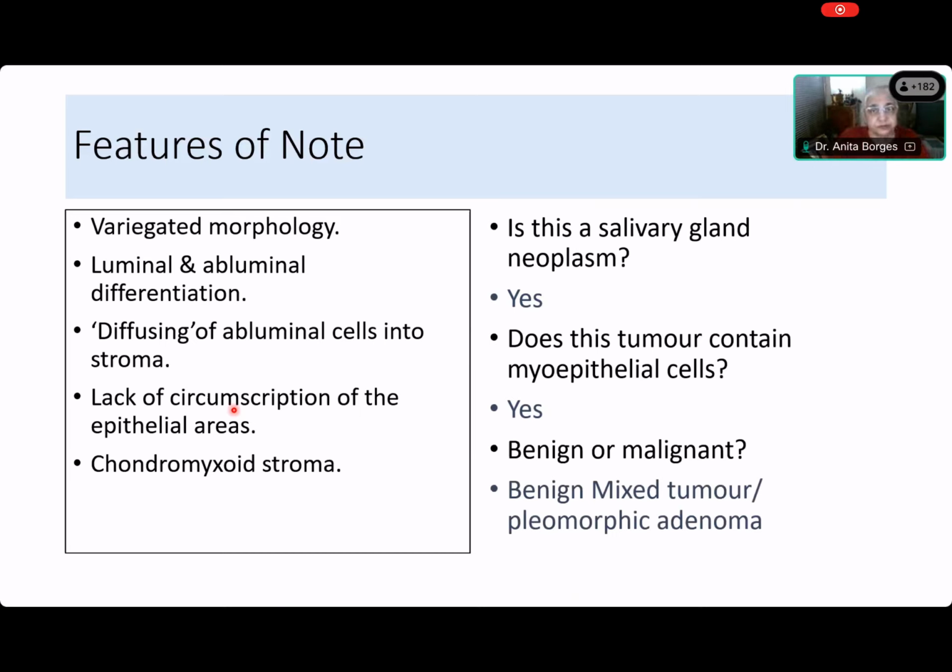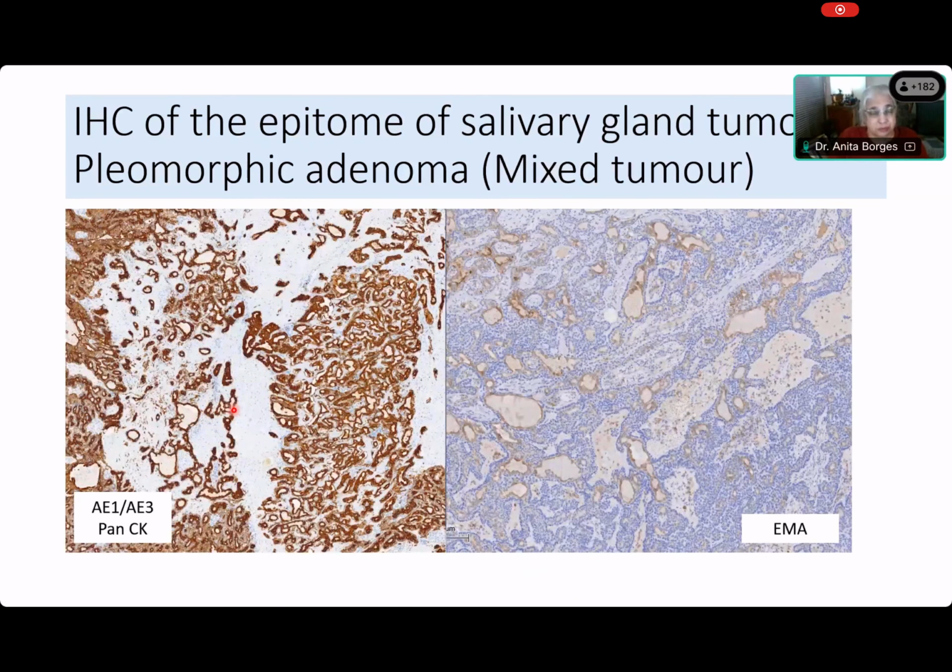All right. Good. Now, just to show you how the pleomorphic adenoma is the best example of how immunohistochemistry can be applied to a salivary gland tumor. You do not need immunohistochemistry. Shivani made the diagnosis at low power. So we don't need immunohistochemistry, but you can see how well it can be applied to a salivary gland tumor in here. You can see pan-CK.